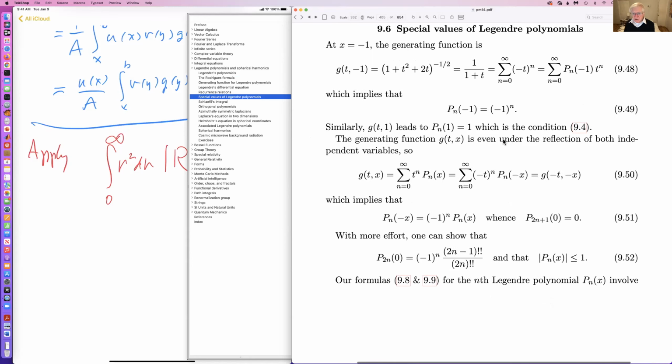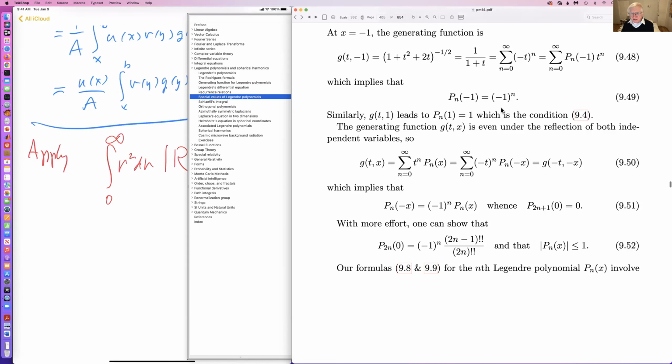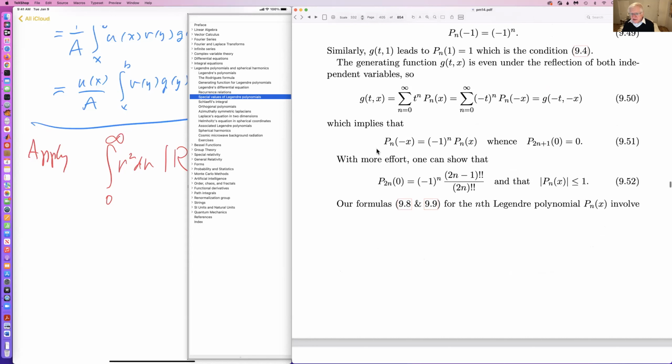Jumping back to this equation, so let's see, where was I? Right. This is actually very important in physics, because the wave functions of many atomic and nuclear systems involve the Legendre polynomials. And when you flip x to -x, you get (-1)^n, and that leads to various conservation laws,